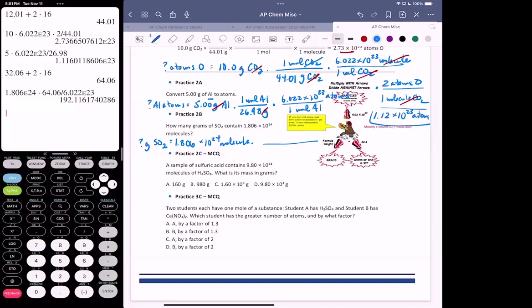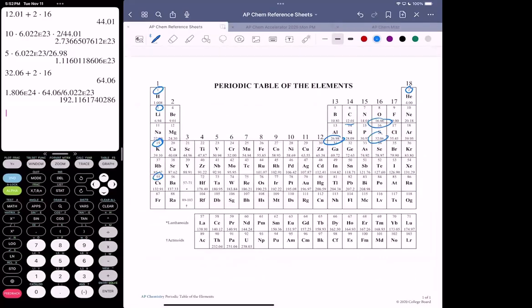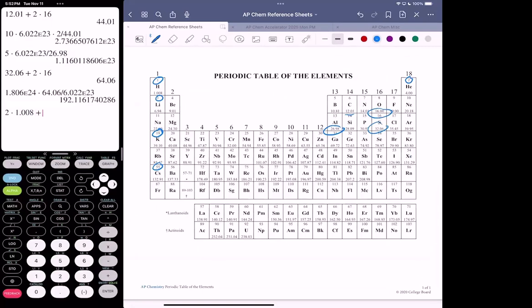Okay, so how many grams is 9.80 times 10 to the 24 molecules of sulfuric acid? We know that there are 6.022 times 10 to the 23 molecules per mole. And we know that the mass of sulfuric acid, H2SO4, so we have two hydrogens, 2 times 1.008, plus sulfur, which is 32.06, plus 4 oxygens, 4 times 16, is 98.076